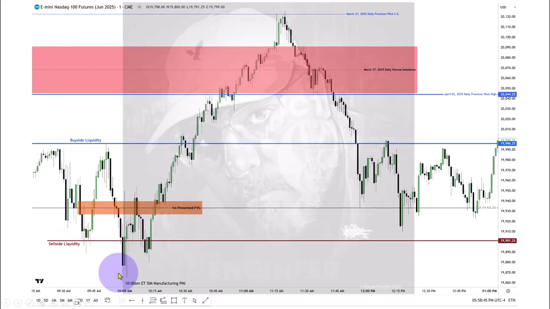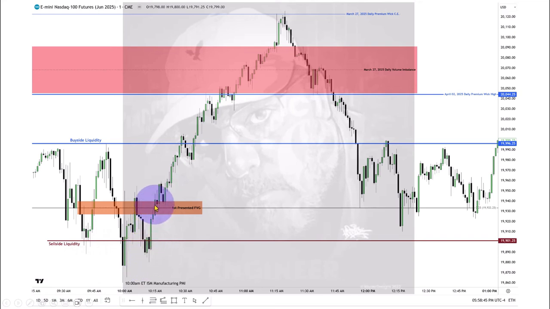Why would they want to go down there? Because they're going to pick up all these orders down here that are resting to go short on a breakout or to protect a long position. So either way, sell side or sell stops, sell orders, pending orders to be a short seller, are resting below that level. So the algorithm drops down there to accumulate here, all through here, and then after 10 o'clock, it rallies higher